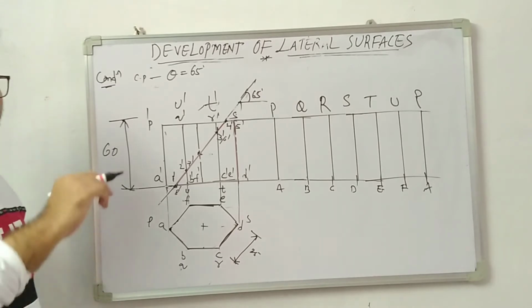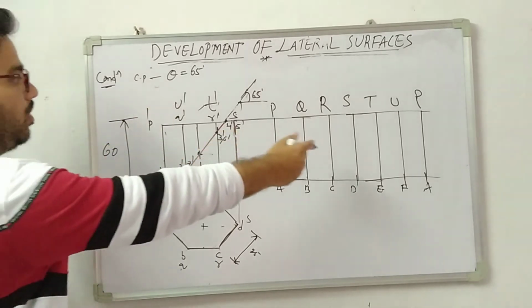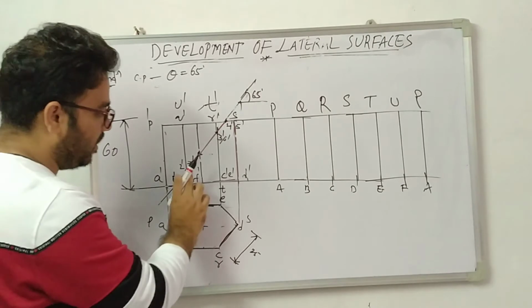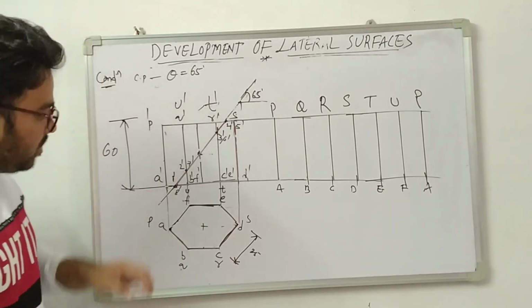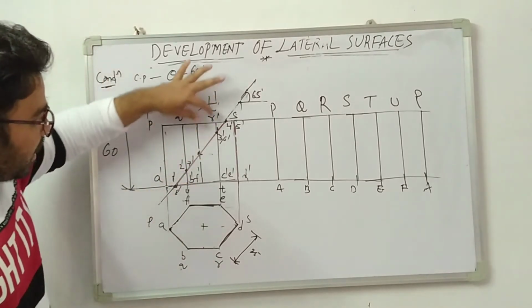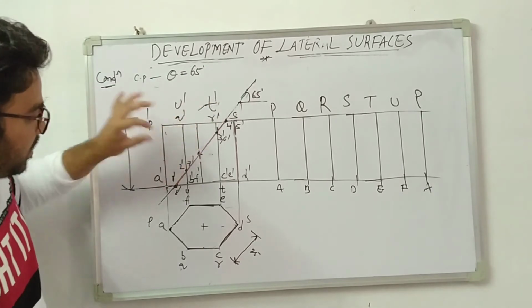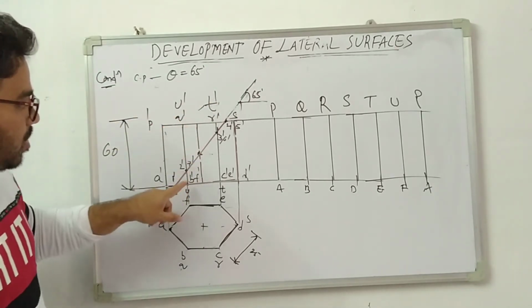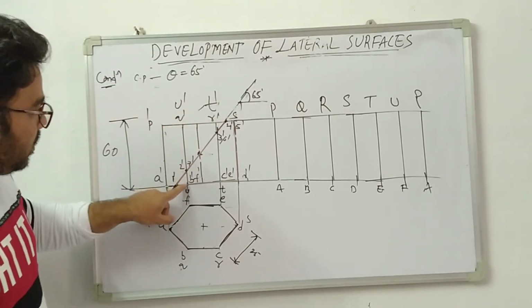Now we are going to project the horizontal lines to the development of surfaces. So measure this distance. First I am not going to represent the 1 dash and this 4 dash, 5 dash, 1 dash and 8 dash. First I will see the longer edges. So here I have the BQ longer edge.